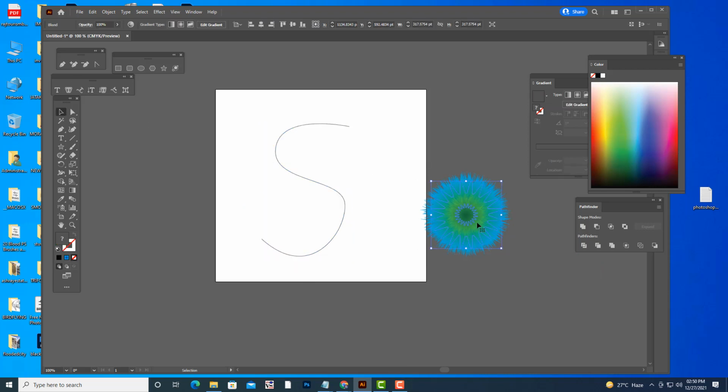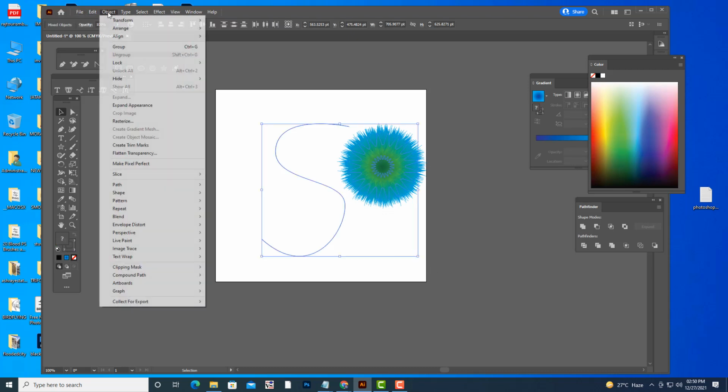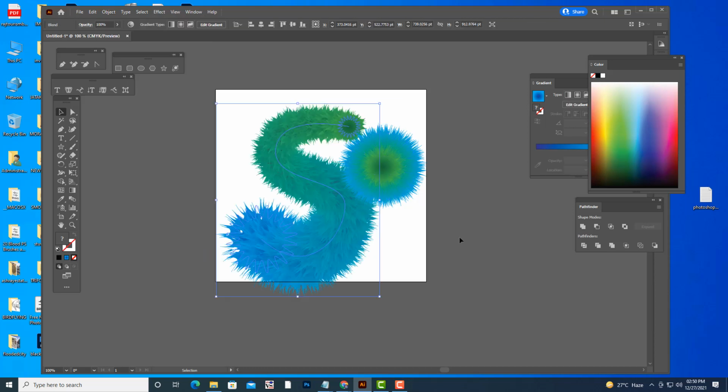I will just keep it here. We'll select all these objects and see whether we can do the same thing, Replace Spine. See, this shape is able to sit on the entire path.